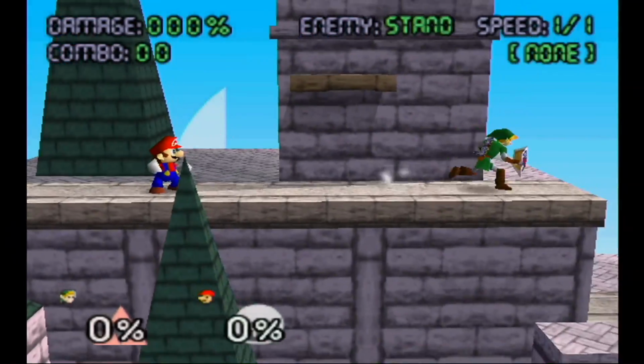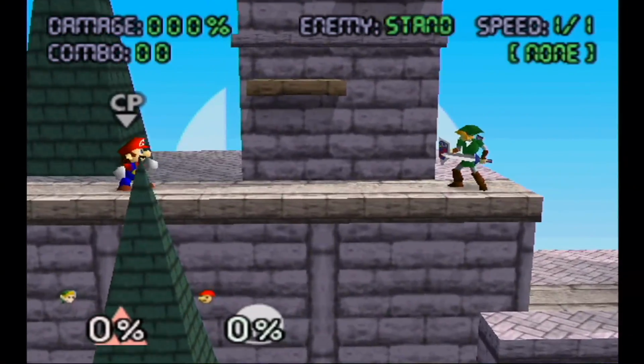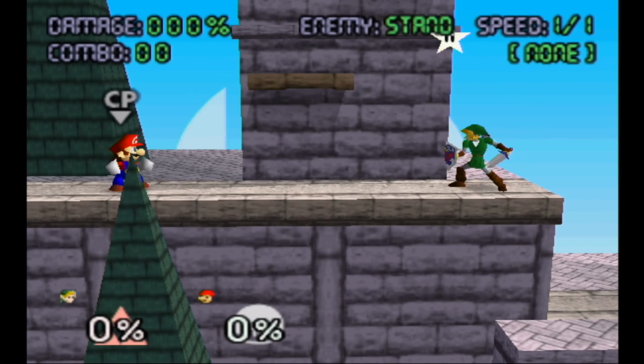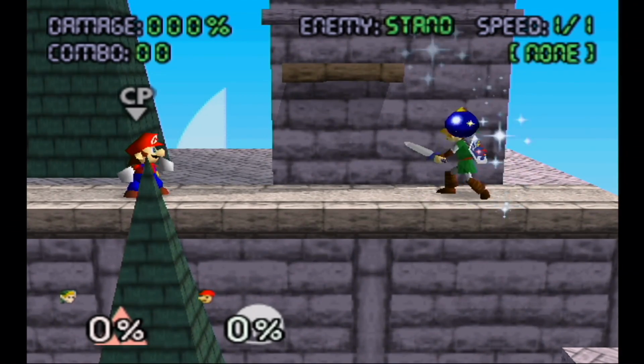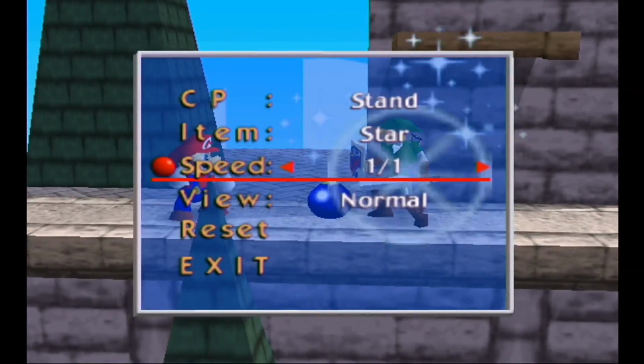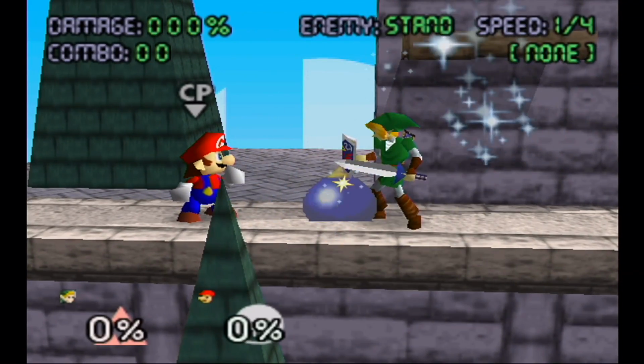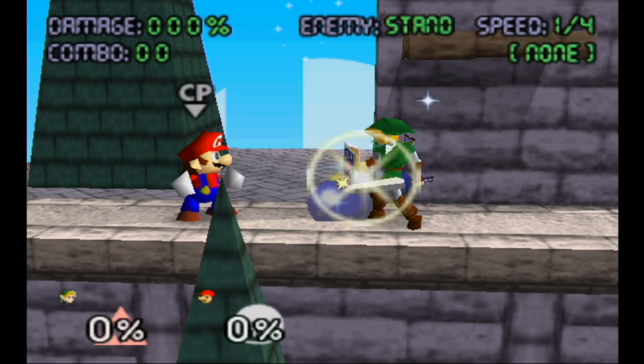This next glitch is called the Invisible Bomb glitch, and you need to be Link to do it. What you need to do is select the star power up, release it and catch it. Once you've done that, use Link's down special to release a bomb and throw it in front of you. Slow down the game to a quarter speed and then try to pick the bomb up just before it explodes